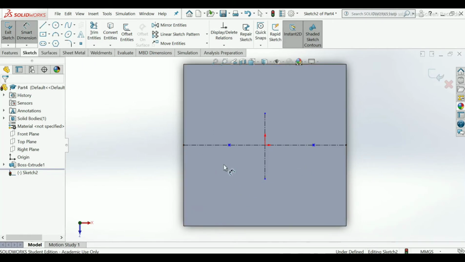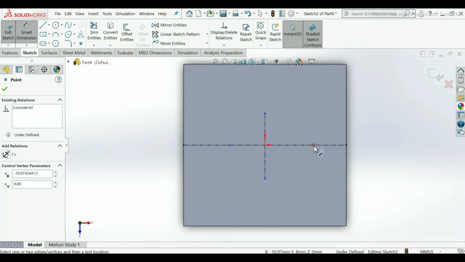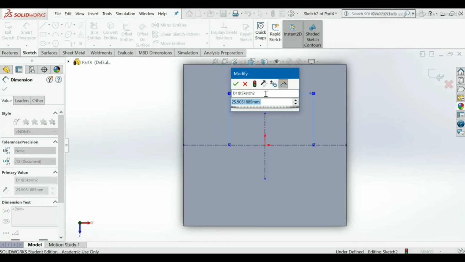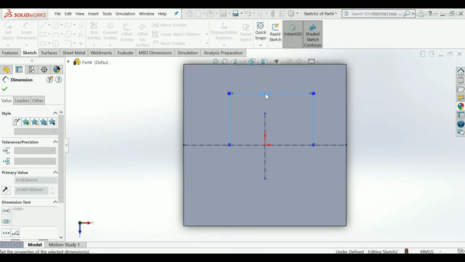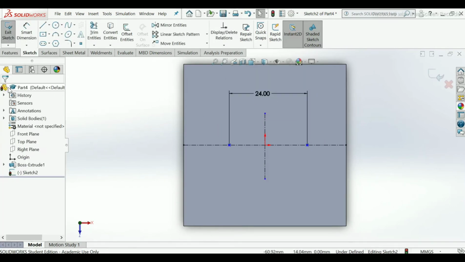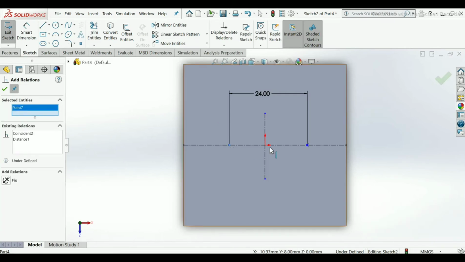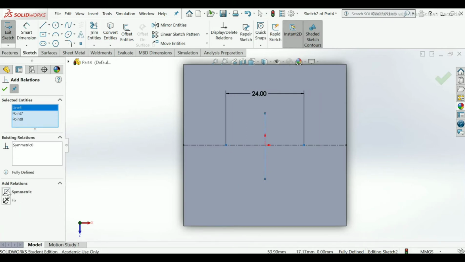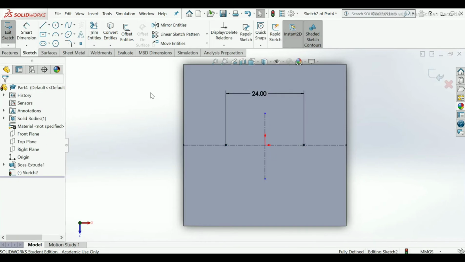Now give the dimension to this wall. Make it 24 mm. OK. Go to add relation, select this point and this point, take the vertical axis, apply symmetry. Exit.